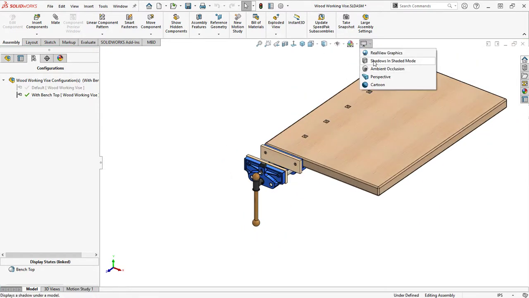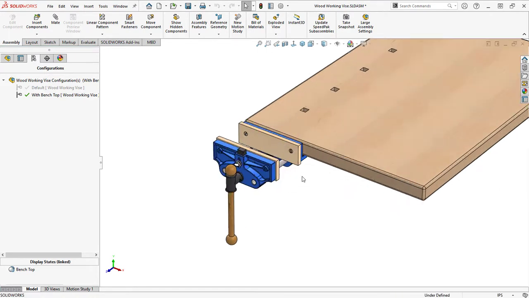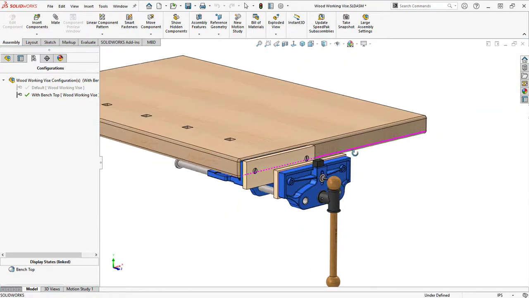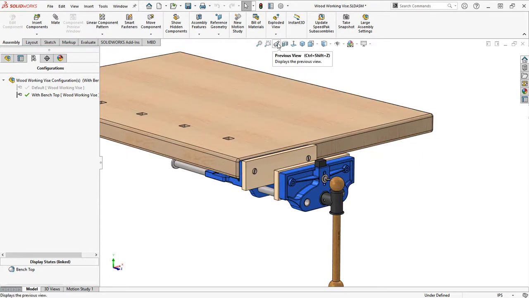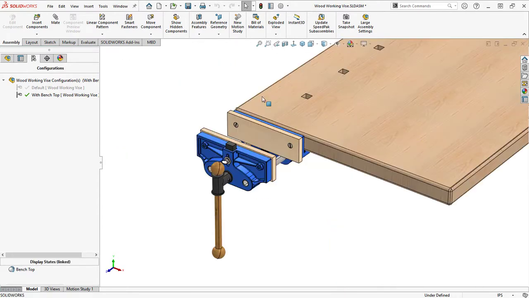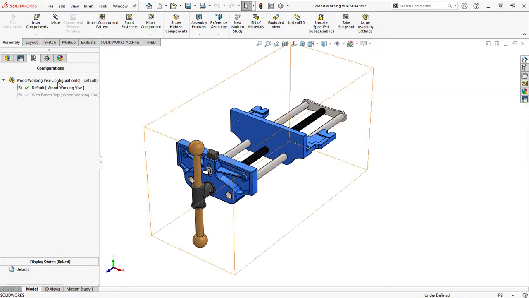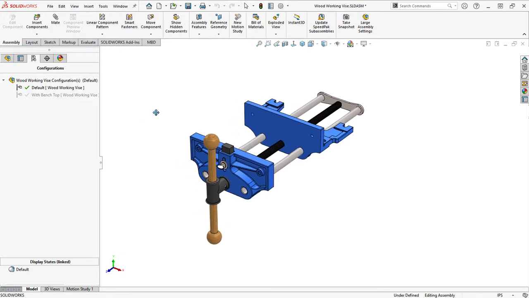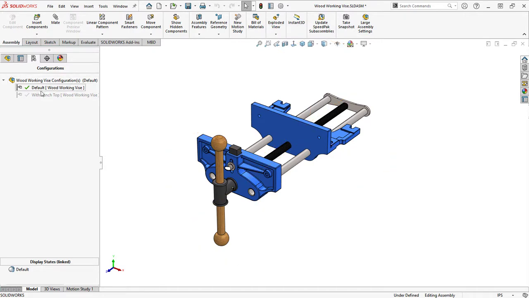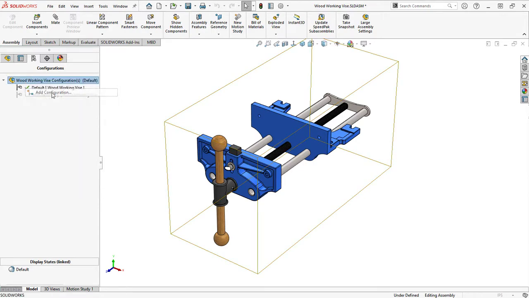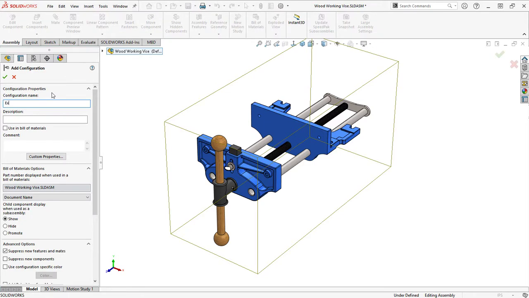You know, if I went in here and did perspective, you can kind of get an idea of what the in situ might look like for this specific assembly that we've created. But I'm just going to go ahead and go to the previous view there and go back to default, since this is the base situation for the model that I want to start my explode from. So with the default selected or active, now I can go ahead and right click on the upper level here and choose add configuration. I'm going to call it explode